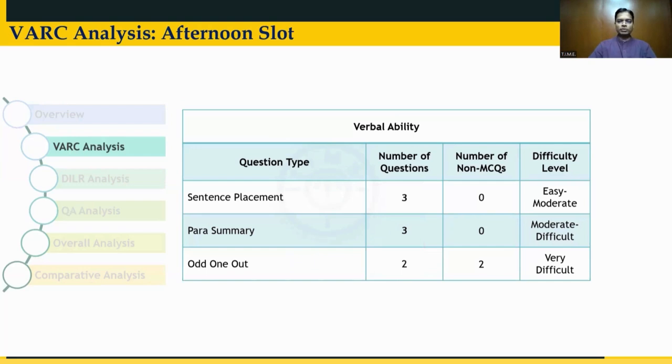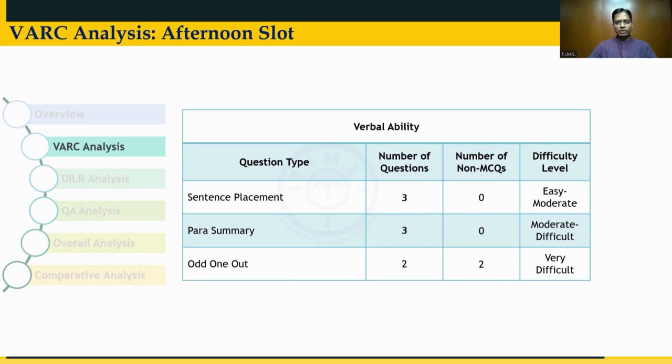Now, that wasn't the case for para summaries, because para summaries, it seems, were challenging, and there was a lot of condensation that was expected from the student. Like, the questions were lengthy to read, the paragraph given was complex and ran into several lines, but the choices really pushed the students' understanding by being very concise. Now, that is where students were probably tested, and the choices seemed very close.